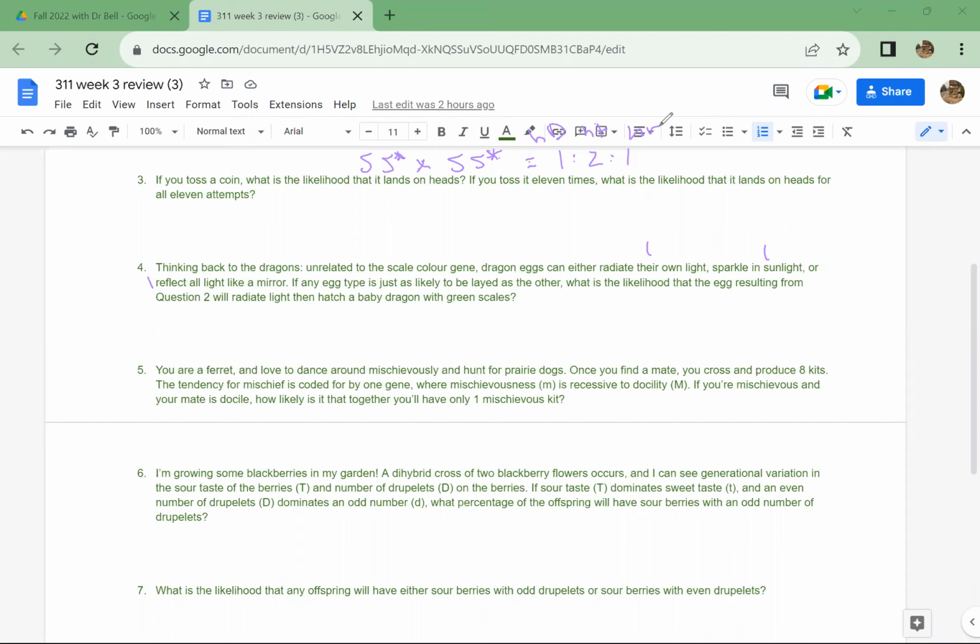And because we express probability as decimal numbers, that decimal number is going to decrease. And the way that we decrease decimals is by multiplying them together. So in this case, the probability that we have an egg, the probability of a radiant egg,